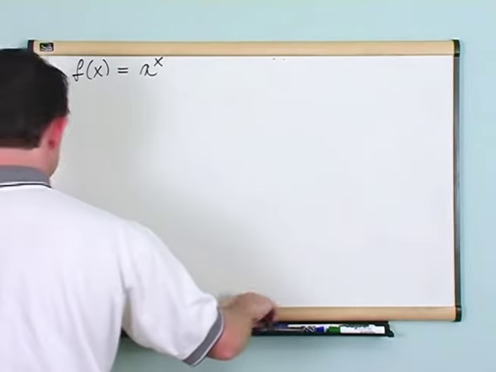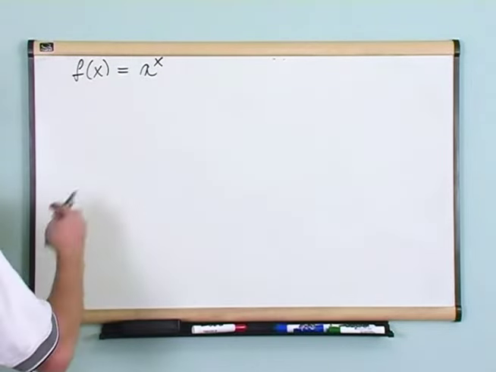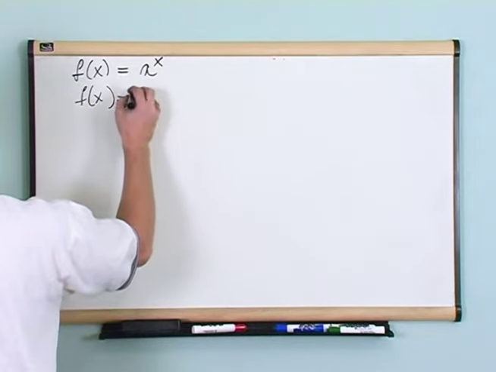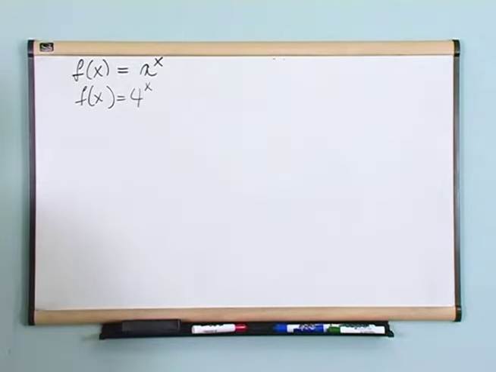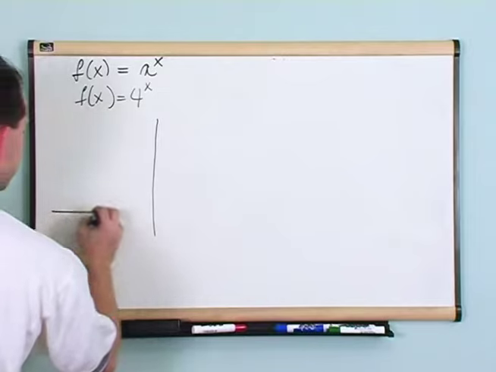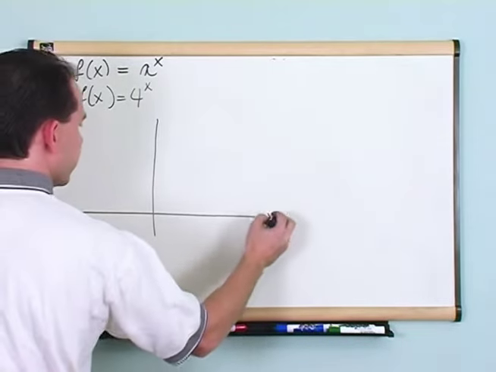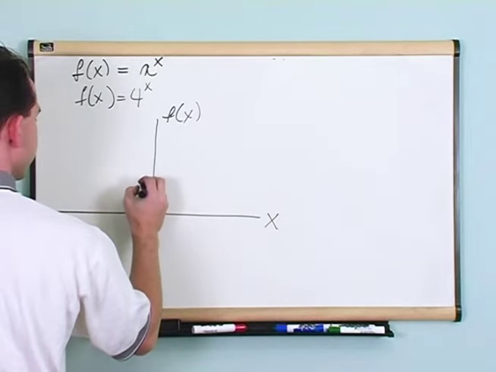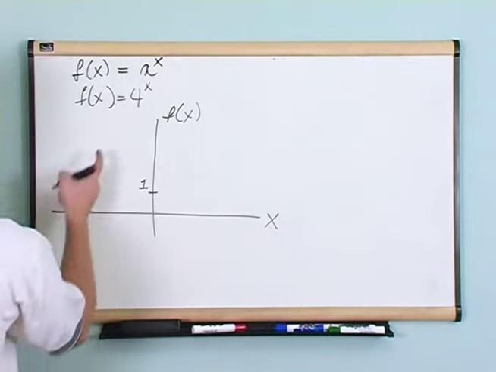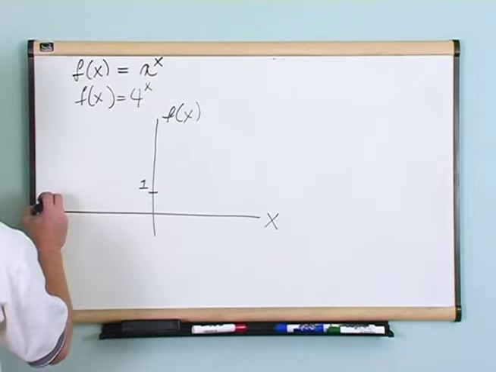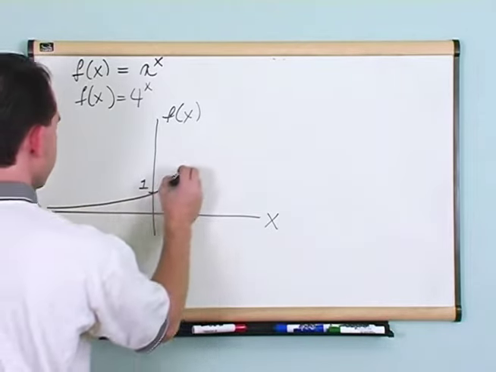What if I had f of x equals 4 to the power of x? Okay, I'm just doing qualitative graphing here. What would this equation look like? We've already talked about it a little bit. Well, you're going to have x, you're going to have f of x, you're going to have 1 somewhere up here, okay? And since it's a positive number greater than 0, you're going to have an equation that looks something like that,